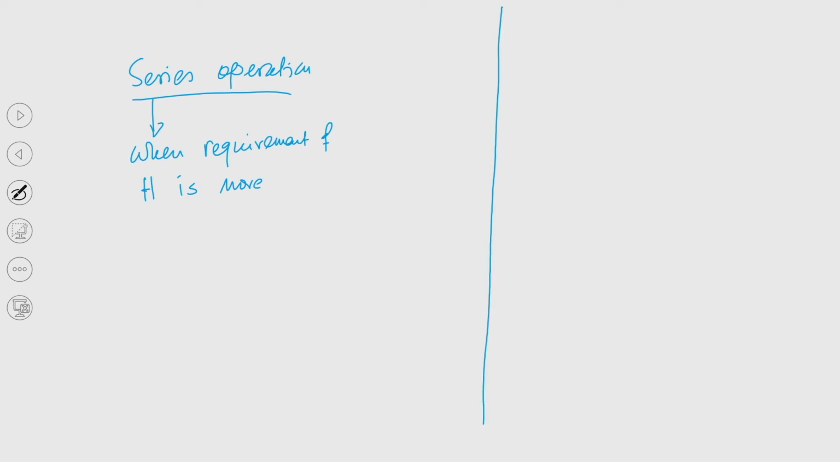So, basically the objective is when the requirement of head is more. So, now the question is, I will be talking about the H-Q curve again. So, if we try to write the H-Q curve of the pump,